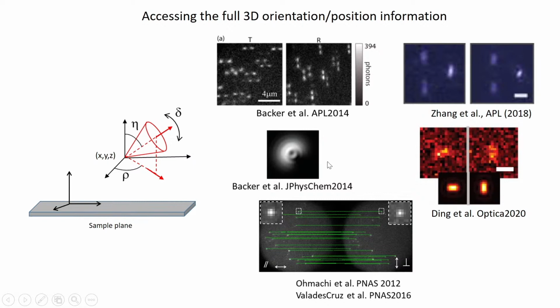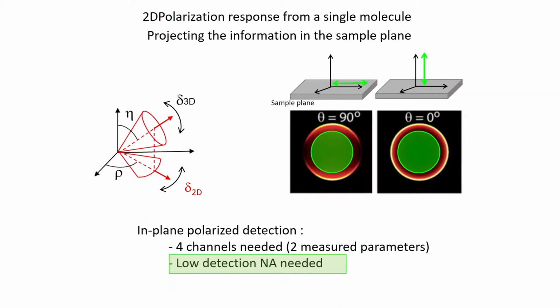Other tools are defocused imaging, which is actually a way to visually measure the radiation pattern of the dipole. And another approach is to project the emission on different polarization angles. However, this projects, again, this information in 2D. Among all these directions, there is no ideal method yet developed to measure all parameters at once in a very easy way. So what we have started developing is to keep the direction of looking at the 2D polarization response,